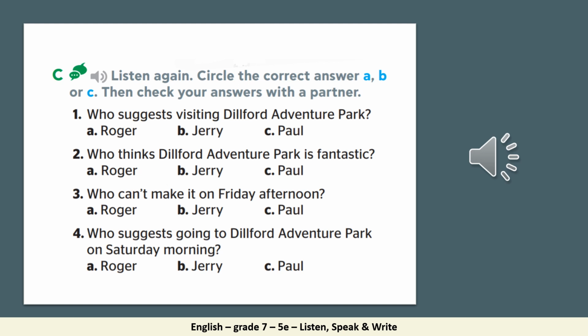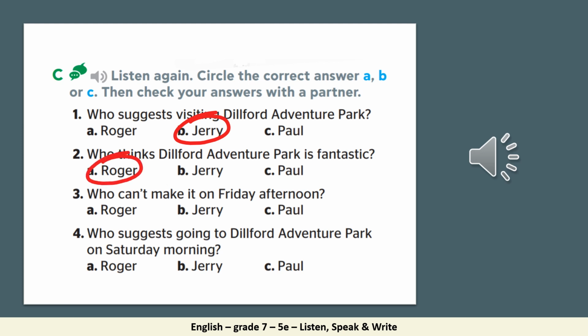Alright, now it's time to check your answers. Question 1. Who suggests visiting Dilford Adventure Park? Is it Roger, Jerry, or Paul? And the answer is Jerry. Well done. Question 2. Who thinks Dilford Adventure Park is fantastic? Is it Roger, Jerry, or Paul? And the answer is